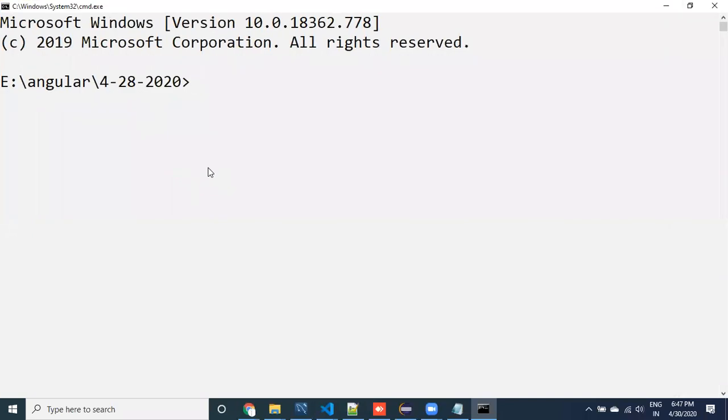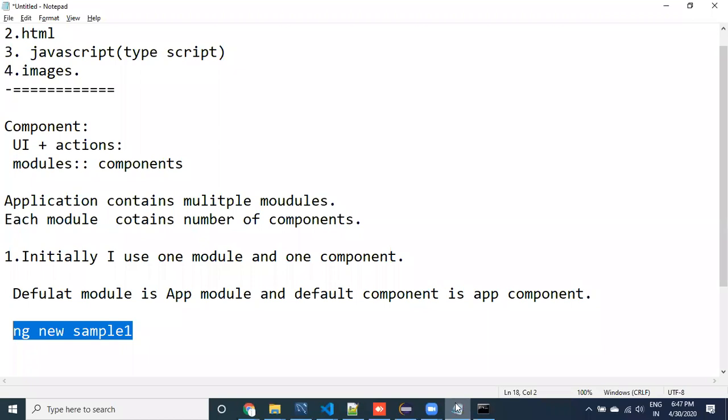Now I want to issue the command that I showed you just before. ng means Angular; ng is a word created by Angular, a shortcut for Angular, guys. I always remind you one thing: we are developing web applications using Angular, but not AngularJS. AngularJS refers to 1.x. From Angular 2 onwards, it is only Angular. Now don't say AngularJS.